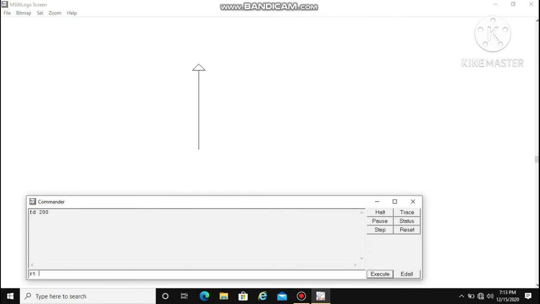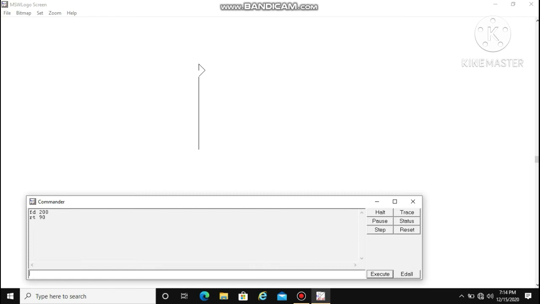So here I will use 90 degrees to turn our turtle. RT space 90. Once I press this, you can see the change in the turtle direction. Here our turtle has turned totally to the right direction.